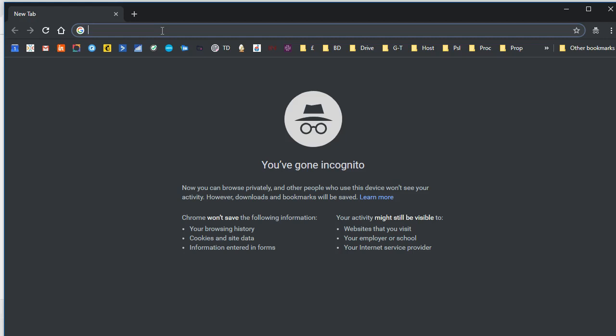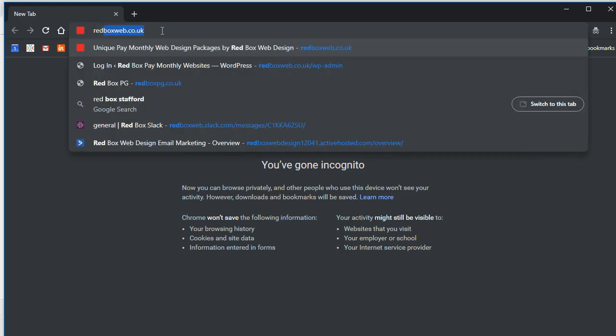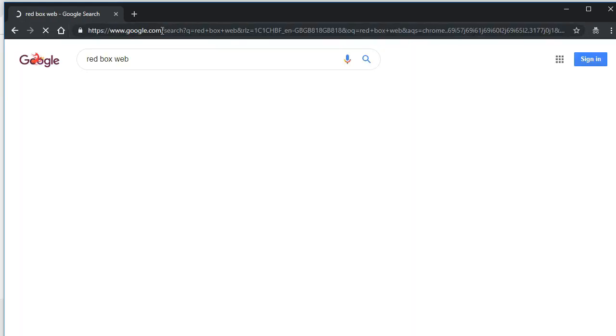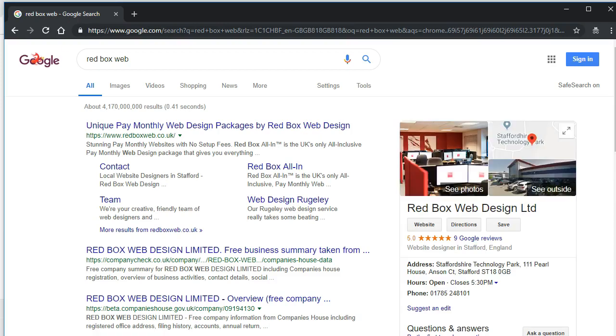So it kind of gives you a view of how everyone else sees your Google listing and things like that. So I'm going to do Redbox web, and what we'll get here is Google's obviously found our website, but